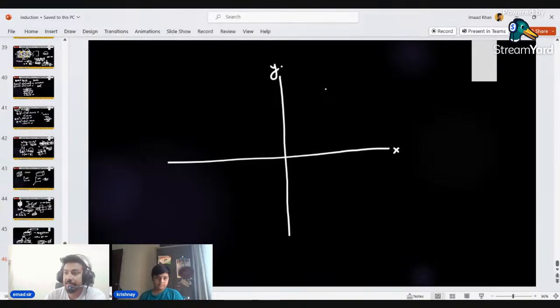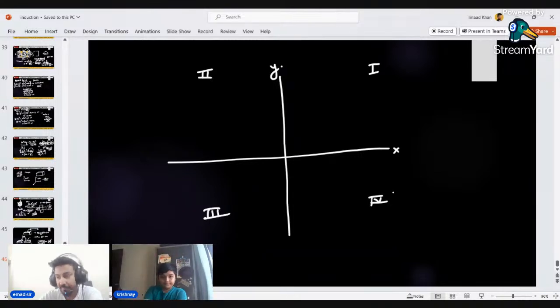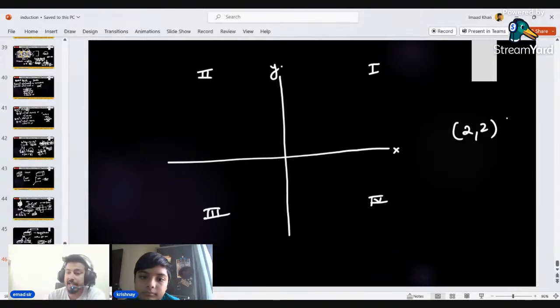Coordinates means this is the first coordinate, this is the second coordinate. Have you heard about this quadrant thing? First quadrant, second quadrant, third quadrant, fourth quadrant. Right. So if I say there is a point 2 comma 2, it will lie on which quadrant? First. Okay. 2 comma minus 2,